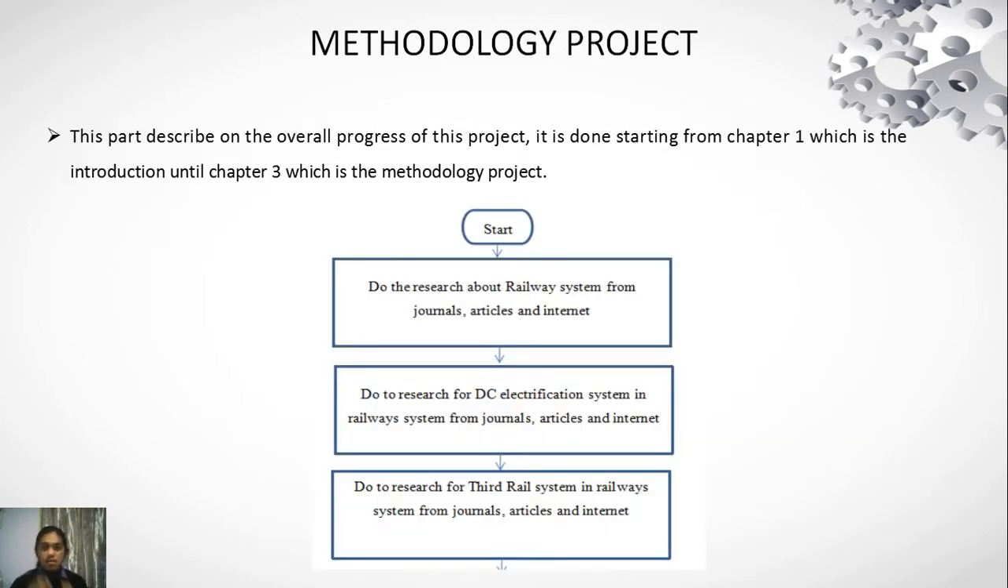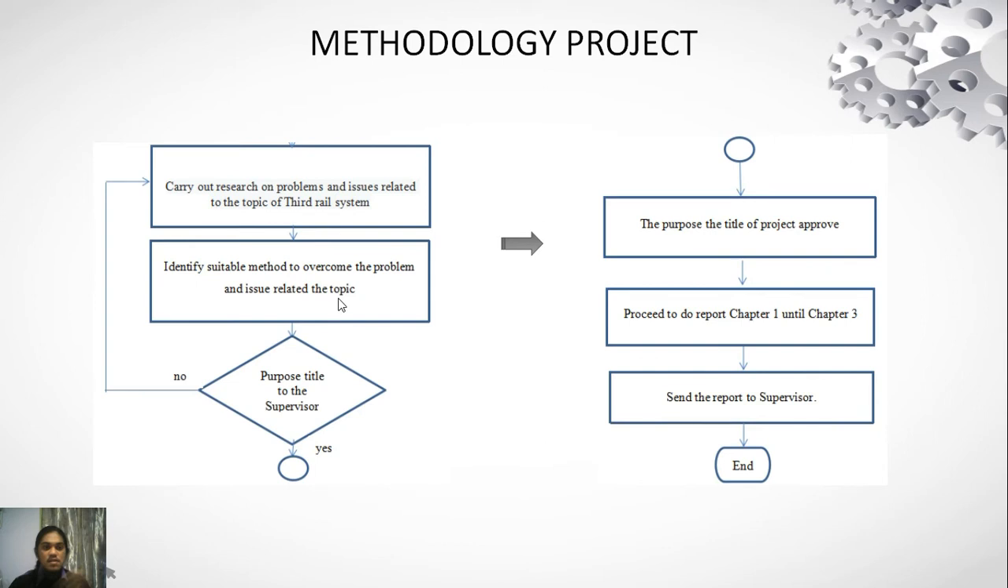Okay, for my methodology project, this part describes the overall progress of my project, starting from chapter 1 until chapter 3. First, start and then proceed to the research about the railway system from journals, and then proceed to the research for DC electrification system railways, and then proceed to research about the third rail system, and then proceed to carry out research on problems and issues related to the topic of the third rail system, and then proceed